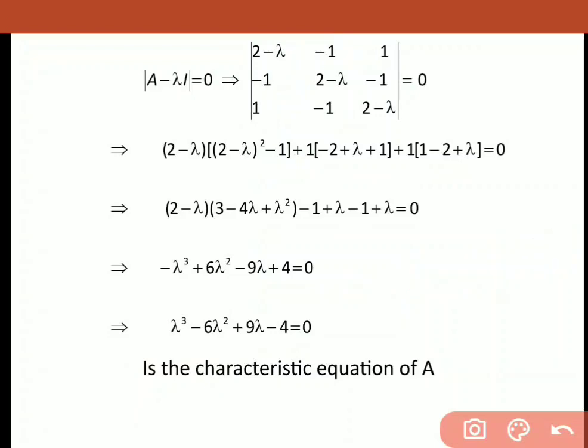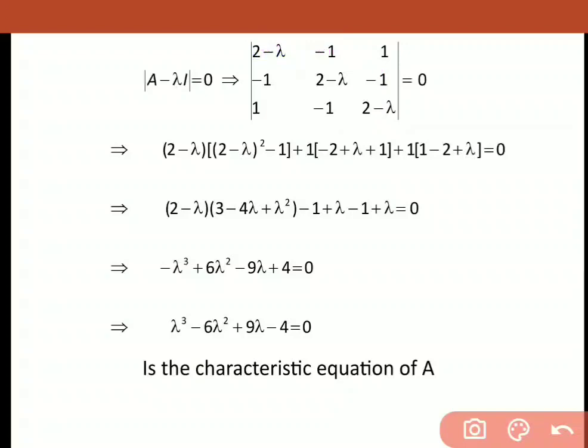Next we have minus 1, it is minus of minus 1 because the next element takes a minus sign. It is plus 1 into, leaving this column and row, cross multiply: minus 1 into 2 is minus 2, then minus 1 into minus lambda is plus lambda, then minus of 1 into minus 1 is plus 1, we will get this element. Next is plus 1 into, leaving this column and row, cross multiply the remaining elements: it is 1 minus 1 into 2 is minus 2 and minus of minus is plus lambda.